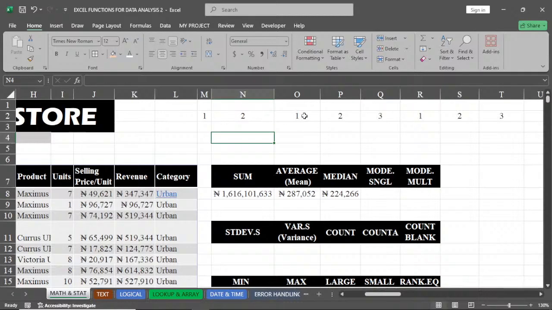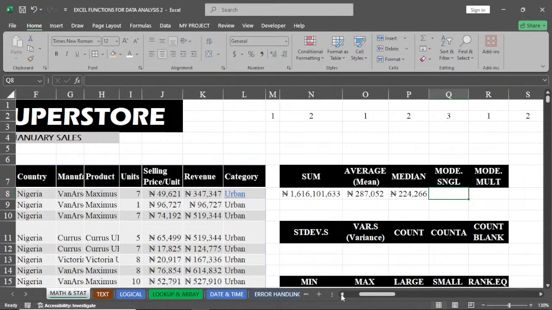1 and 2 becomes the mode. That's for the multiple mode. But here we want to calculate the single mode. We want to calculate single mode. So what do we do? We say equals